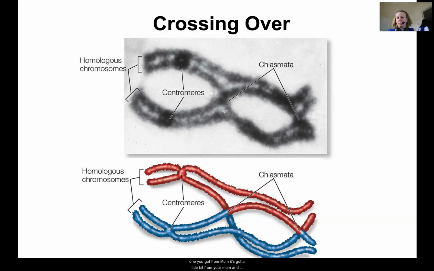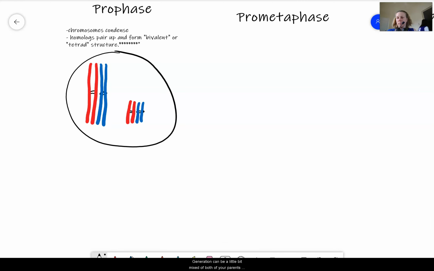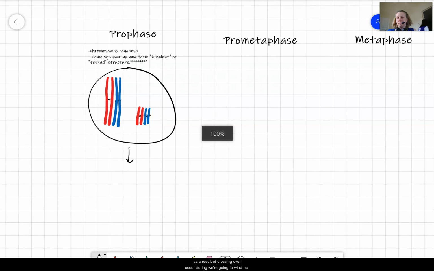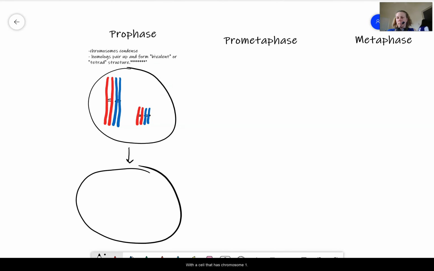It's got a little bit from your mom and a little bit from your dad, so that your child, the offspring in the next generation, can be a little bit mixed of both of your parents. Okay, so as a result of crossing over occurring, we're going to wind up with a cell that